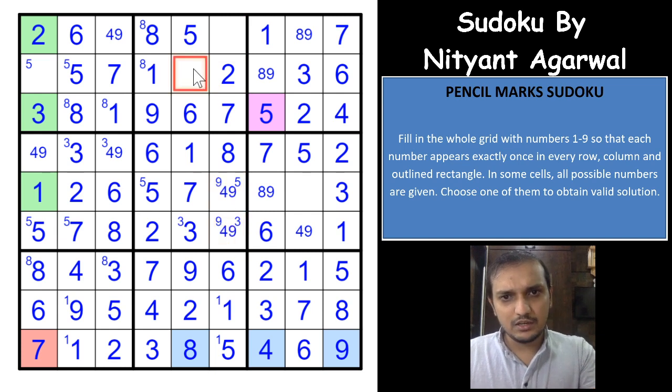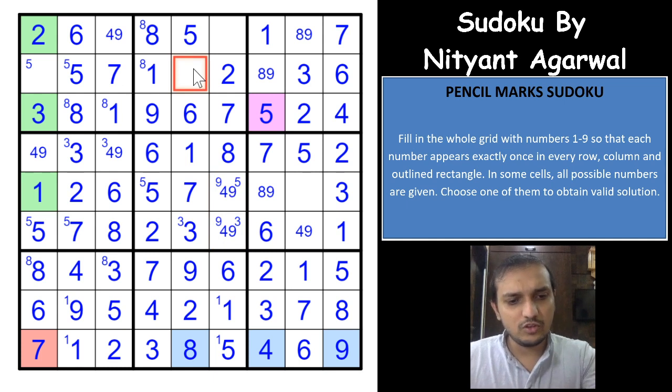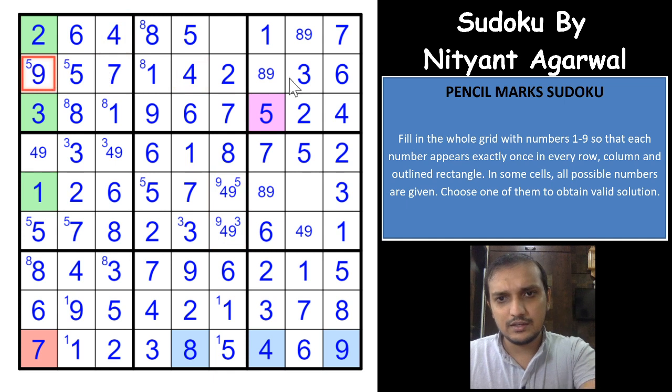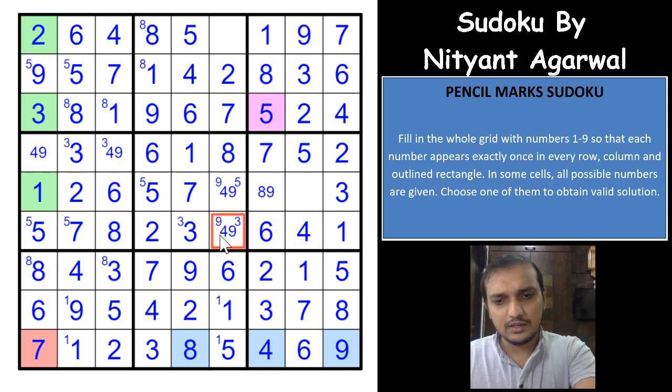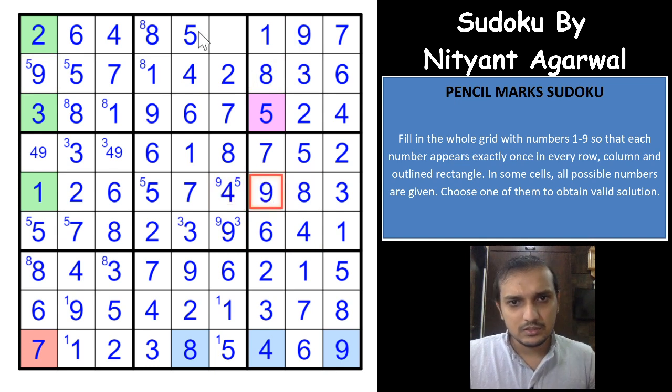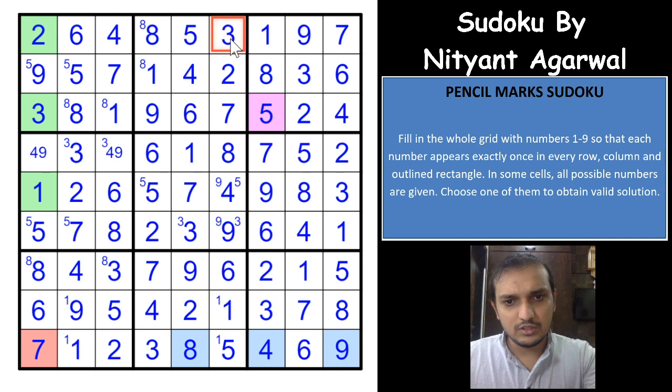And that gives you a 9. Oh yeah, that gives you a 4 here, right? That gives you a 4 here, a 9 here, an 8 here, a 9 here. That gives you a 4 here, a 9 here, and a 4 here. That gives you an 8 here and a 9 here, and that gives you a 3 here.